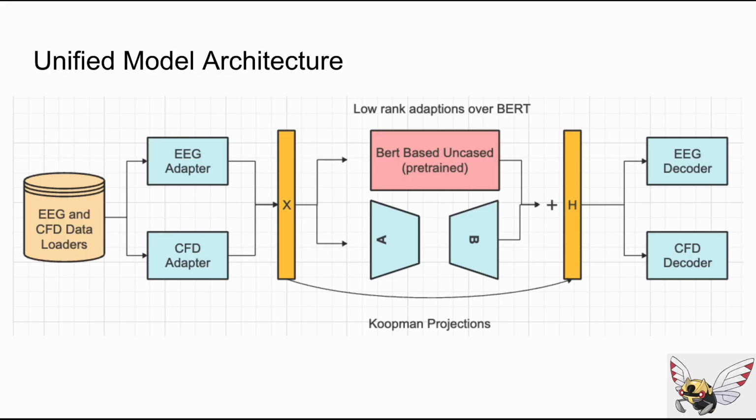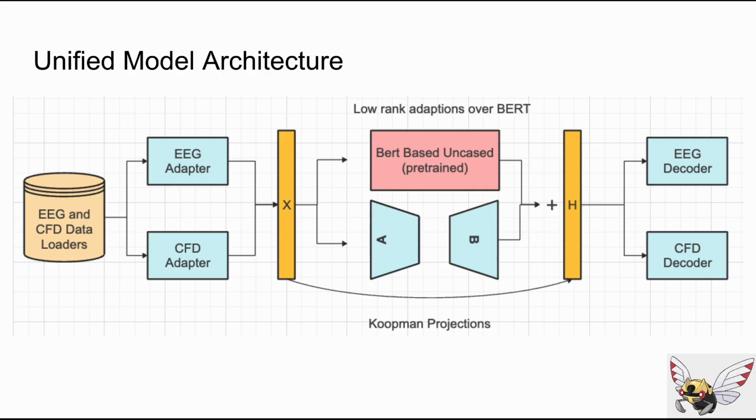The core challenge we faced was designing a system that was capable of handling 2 vastly different nonlinear data types, fluid dynamics and brain waves. To solve this, we did not just build 2 separate models. Instead, we utilized a pre-trained BERT-base uncased model as our shared backbone. Since fine-tuning a transformer is a very massive task, we used low-rank adaptation over the BERT-base model to create a more performance-efficient fine-tuned model. We use specific adapters for EEG and CFD data to project the input data into the space which transformers can understand.